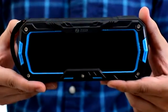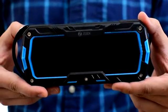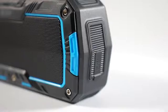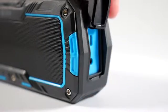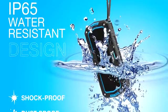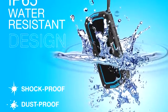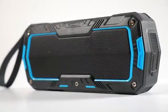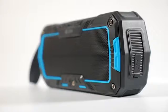Pair almost any mobile Bluetooth-enabled device within seconds using Bluetooth 4.1 technology. And if your device doesn't support Bluetooth, don't worry, we have you covered thanks to the built-in aux-in port. If you're looking for quality, the speaker boasts an IP65 rating, redefining portability and durability. The speaker is also water resistant and shock resistant, meaning this beast of an entertainment unit can thrive and survive in almost any location you want to use it, all while maintaining a sleek and elegant look that will impress